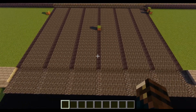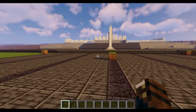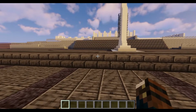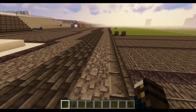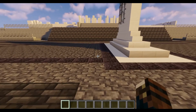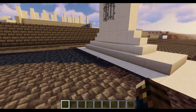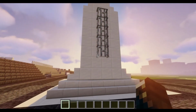But it's quite a nice sort of walk, and because it's a war memorial, there's quite a lot of plaques around in the real one, like everywhere. And there isn't really a way of doing plaques, because they're often just like a block on the floor. But I wanted to do this just because